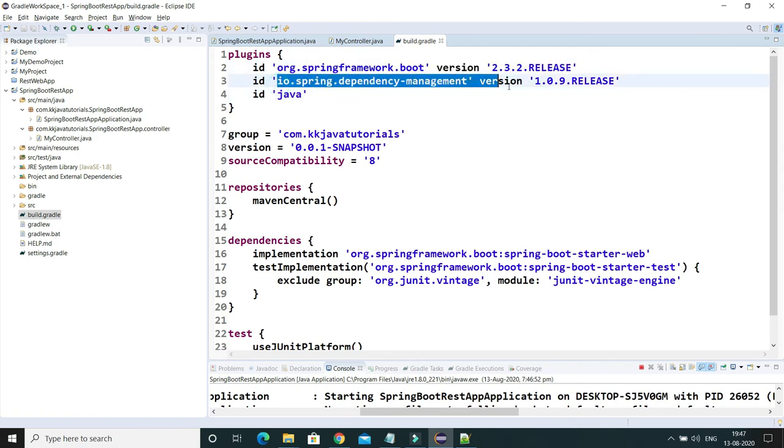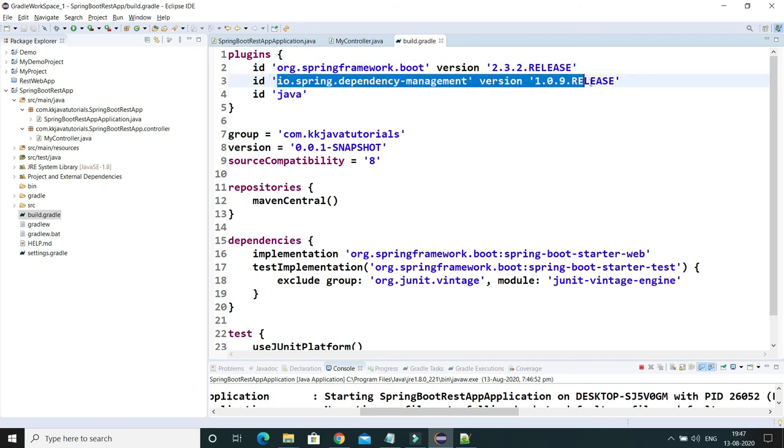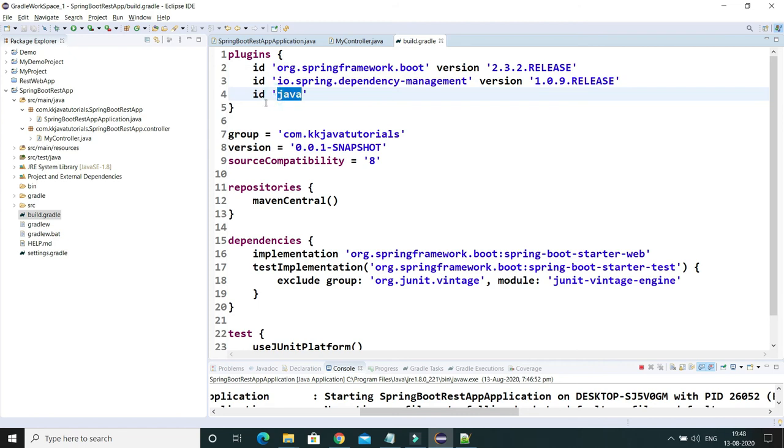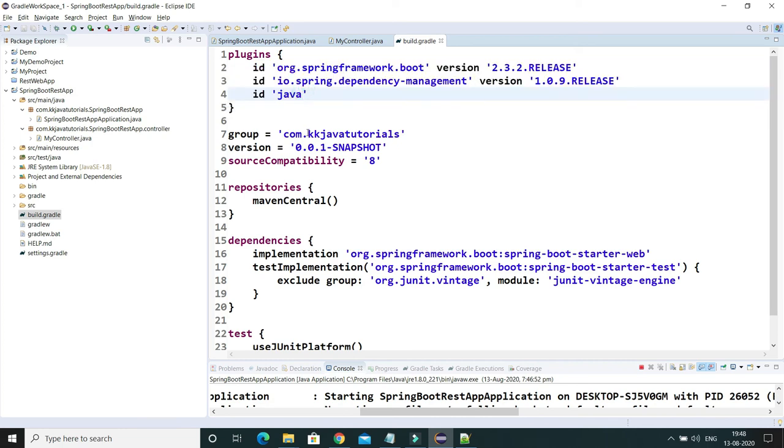This is for dependency management for Spring, and this is for Java, like compiling, generating and packaging and all. So that's the Java plugin. These are basically the plugin IDs, right? So there are 3 plugin IDs automatically added. If you want to add some more plugins, then you can add those as well.